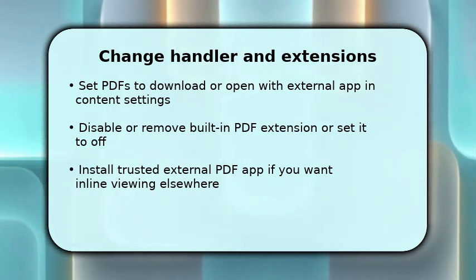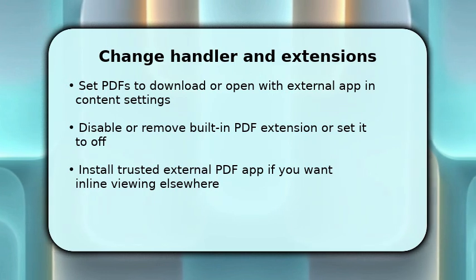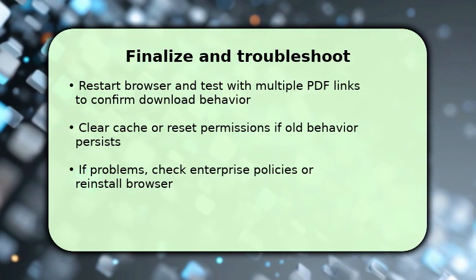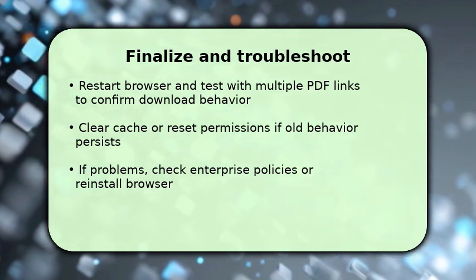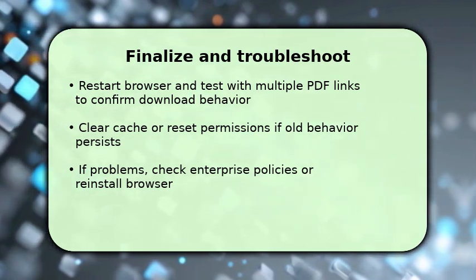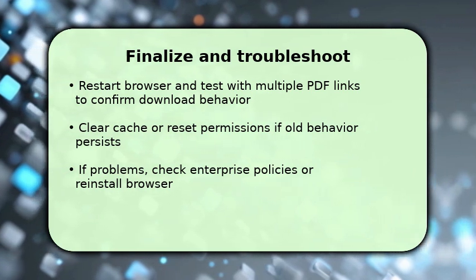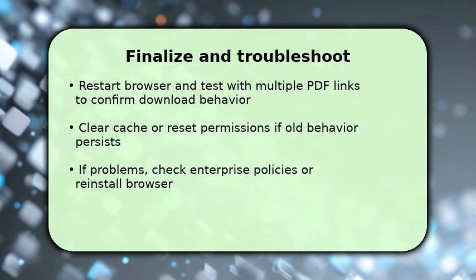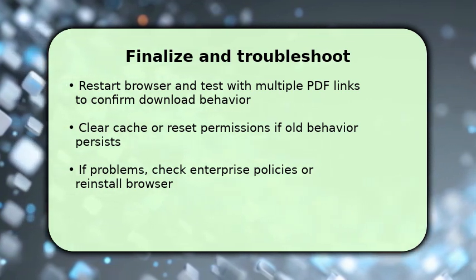Finish by restarting the browser, then test several PDF links to confirm files now download or open in your chosen app. If you still see inline viewing, clear cache and site permissions, and check that the PDF handler remains set to download. If the viewer returns, inspect enterprise or group policies that can force built-in handlers, or reinstall the browser